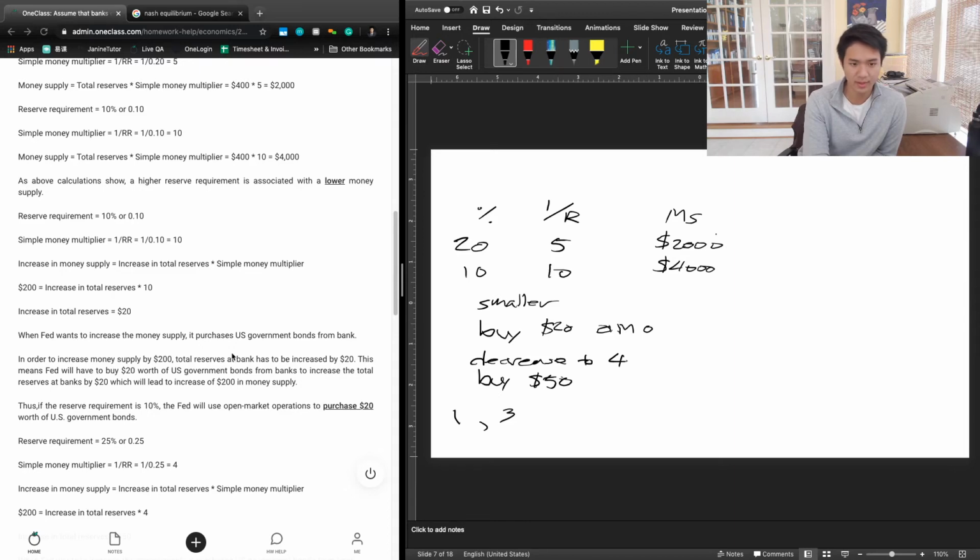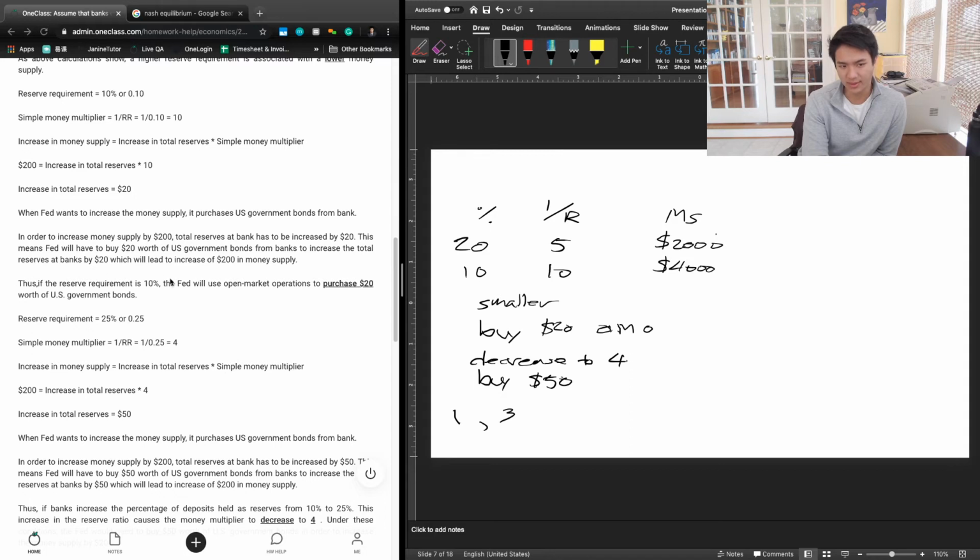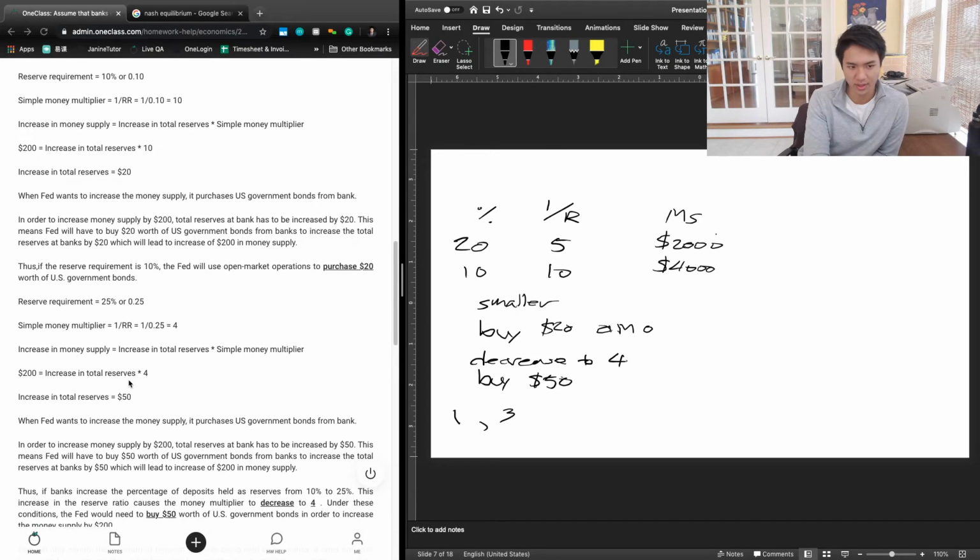So that's good. We're all good so far. If the reserve requirement is 10%, the Fed will use open market operations to purchase $20 worth of U.S. government bonds. Yep. Now assume the U.S. reserve requirement is now 25%. The simple money multiplier changes to 4. An increase in money multiplier